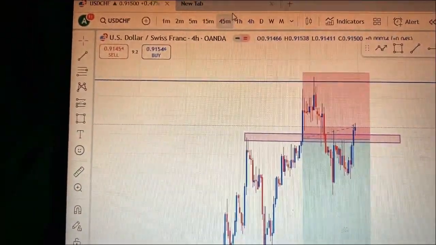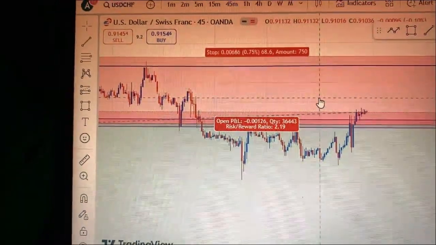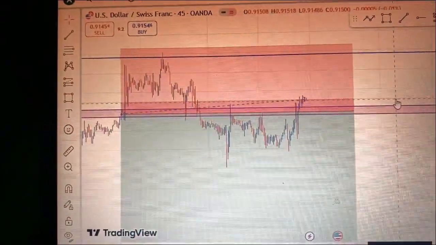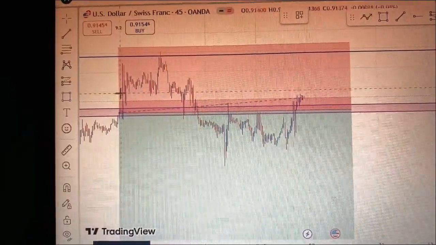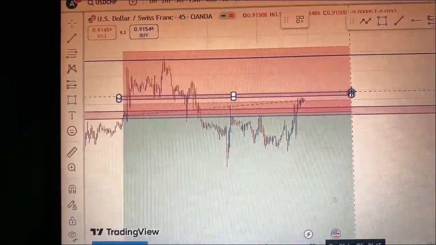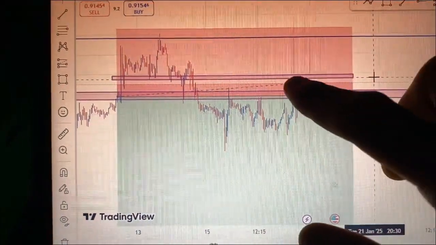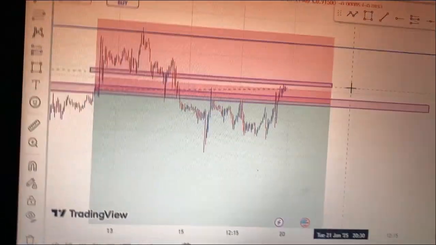If you go to a 45 minutes time frame, this is the head and shoulder. So we can see the head and shoulder in the 45 minutes time frame. So maybe it wants to retest this neckline right here. This is more like the neckline of the head and shoulder. So this neckline is where it wants to retest, and once it gets to this neckline, then we take it for a short. So these were the 3 trades I anticipated and predicted